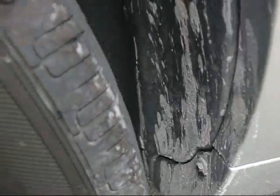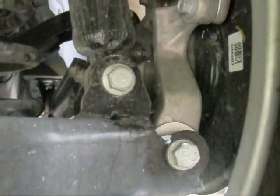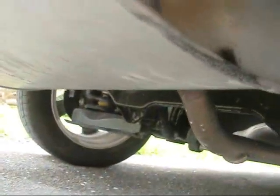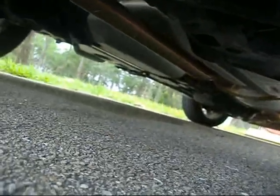Someone drove through some concrete. Shock absorbers in the back, it doesn't use a big strut. Let's see, A-arms, stamped steel A-arms. My Malibu had aluminum A-arms in the front. This one's got an aluminum knuckle, coil spring, suspension, muffler, drain hole. Lots of wasted space there between the muffler and the trunk bottom, and I'll show you what's in there in a minute. I already peeked inside. Plastic sway bar link connector, two mufflers, plastic gas tank,